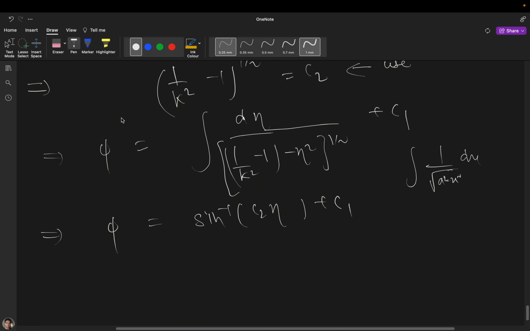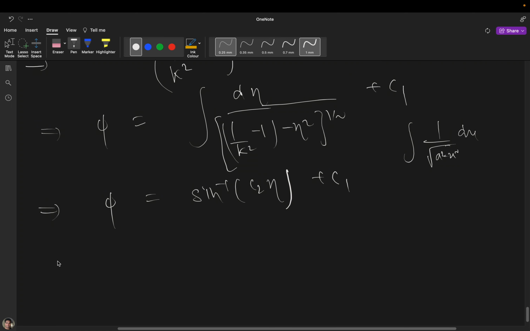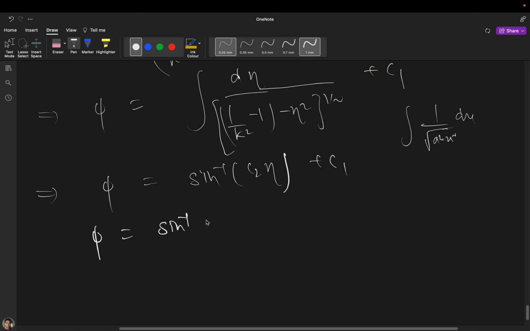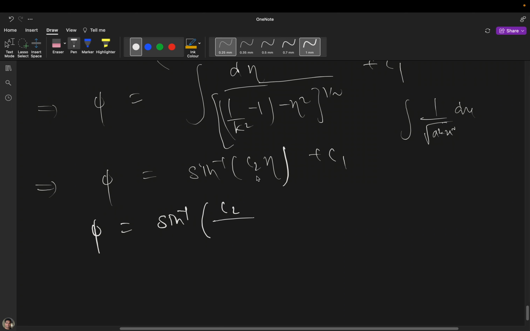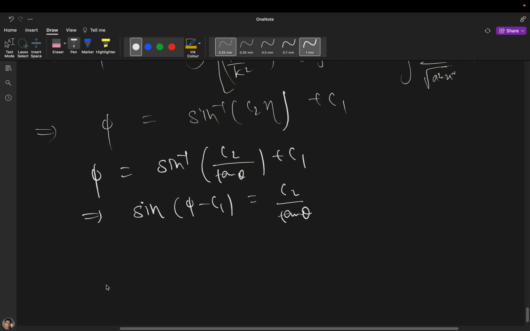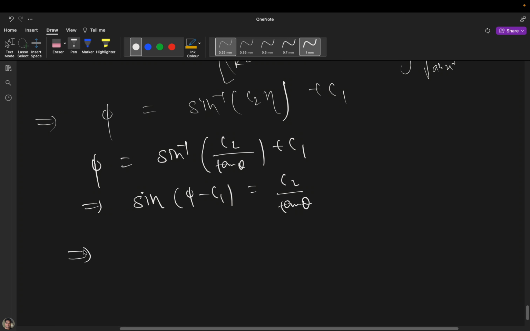Okay, so this is the solution. Now substitute everything. Phi equals sine inverse of c2 divided by tan theta, because eta was tan theta, plus c1. Now I can write it like this: sine of (phi minus c1) equals c2 divided by tan theta. And when you simplify everything,